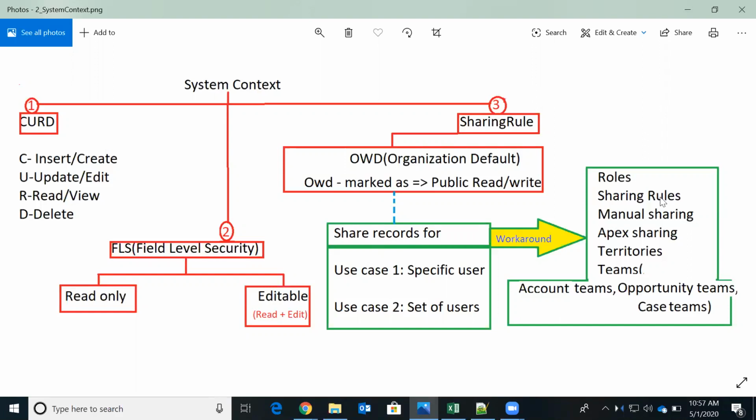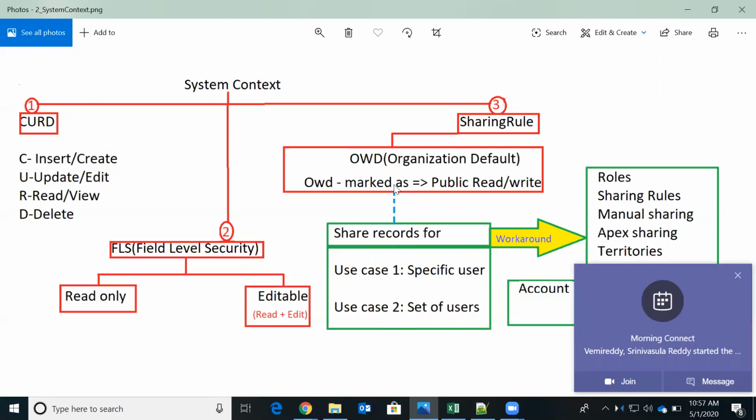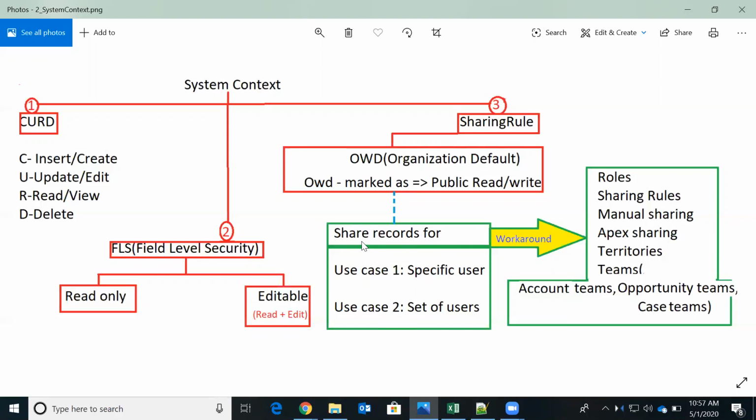Then the workarounds are roles, sharing rules, manual sharing, Apex sharing, territories, and teams. Teams include account teams, opportunity teams, and case teams. Using these workarounds, we can fulfill these requirements. In other words, if OWD is private and you want to relax the rule for a specific user or set of users, we have these many concepts as workarounds.